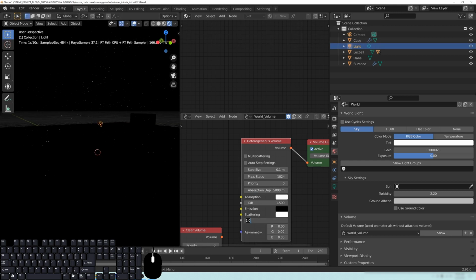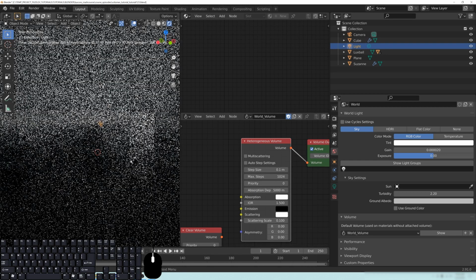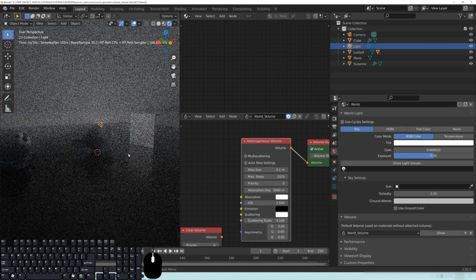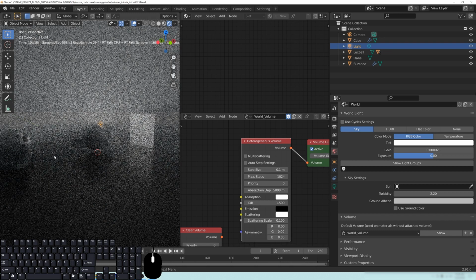And the scattering scale is pretty dense. So let's actually change this to a 0.1. And you can see when we do that, it's pretty crazy. There's a lot of fog going on in the scene. But you can see as it's starting to render here, you start to see what the effect really is. And this is basically how you create a realistic fog scene